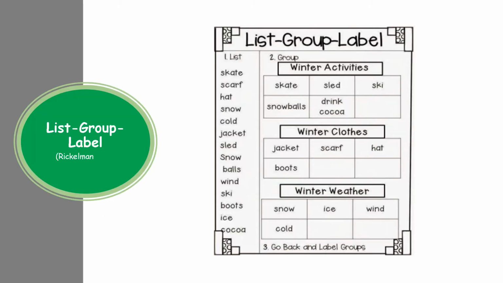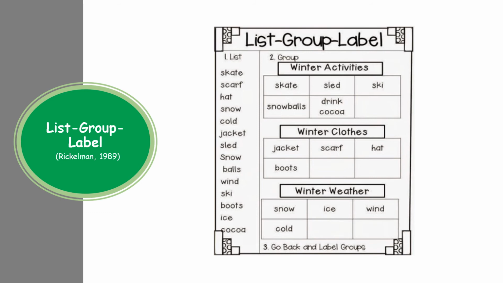There are other strategies that you may use in vocabulary instruction. There is the list group label strategy, which is similar with semantic mapping. However, it is more systematic because instead of randomly writing words connected to the main word, after the learners generate a list of all the words they associated with the target vocabulary, they then group the words in different categories